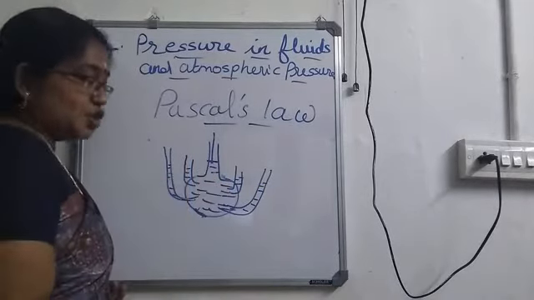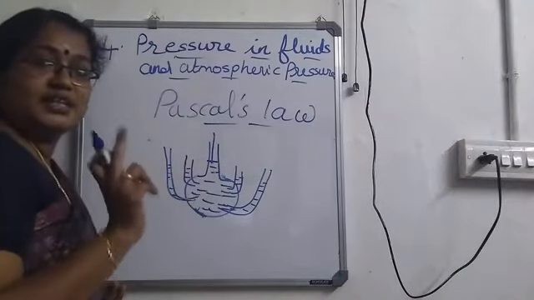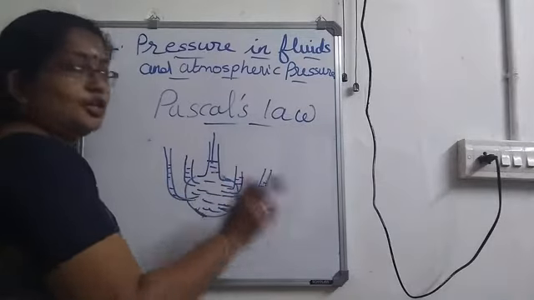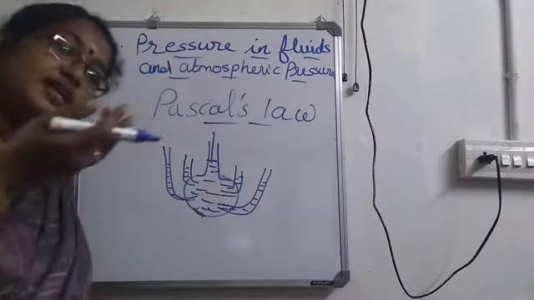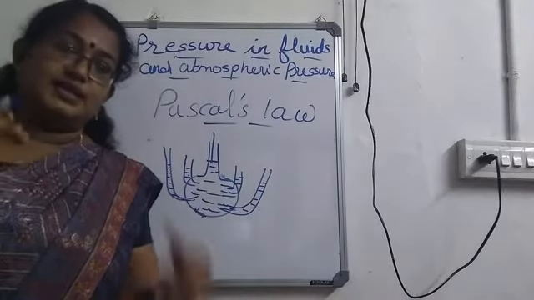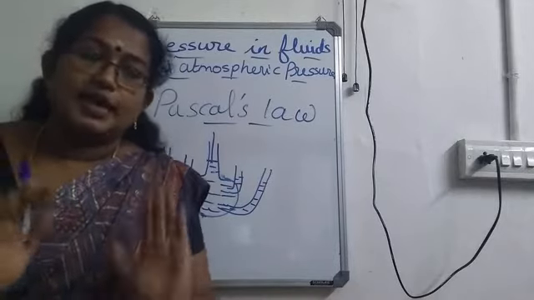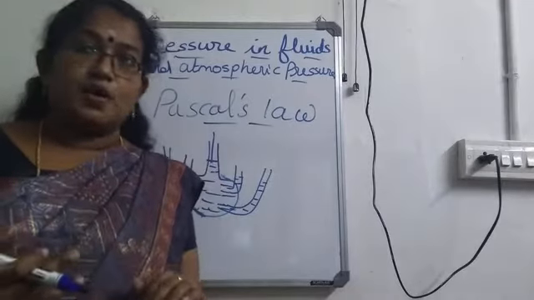When you are pushing the piston down, we are exerting a force here. Force acting per unit area is pressure. So this pressure is transmitted equally in all directions, so the level of water in all the tubes will rise, and the rise in the water in the tubes will be the same, because according to Pascal's law, what did we learn? Pressure exerted at any point will be